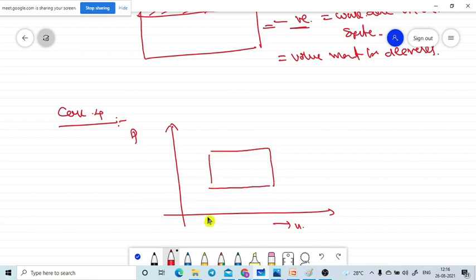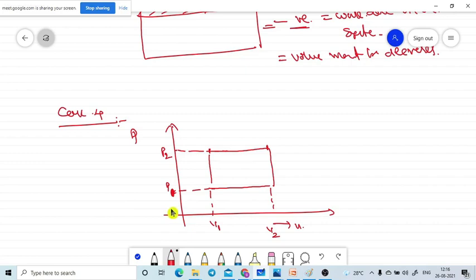Let's assume the volume of the system is V1, and then the volume of the system is V2. The pressure of the system is equal to P1 here, and the pressure is P2 here. This side is the bigger value, P1, and this is the smaller value, P2. So the movement of the system is also very important.